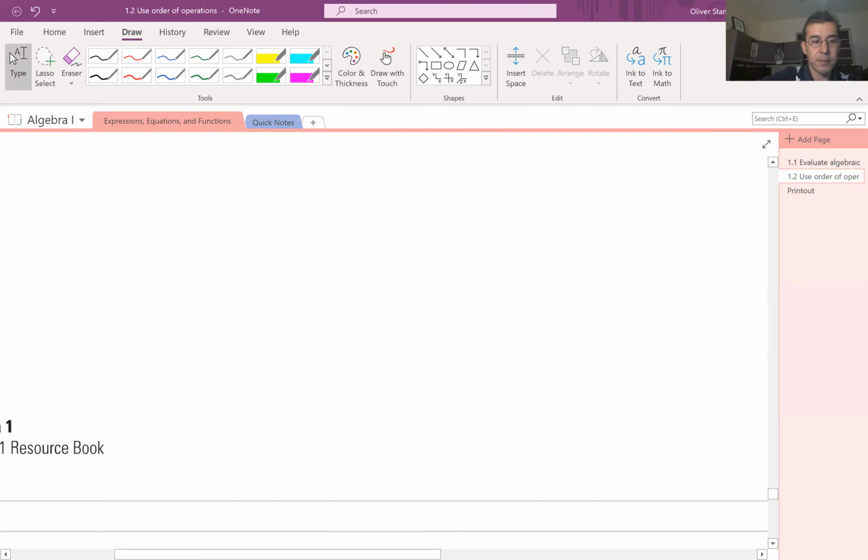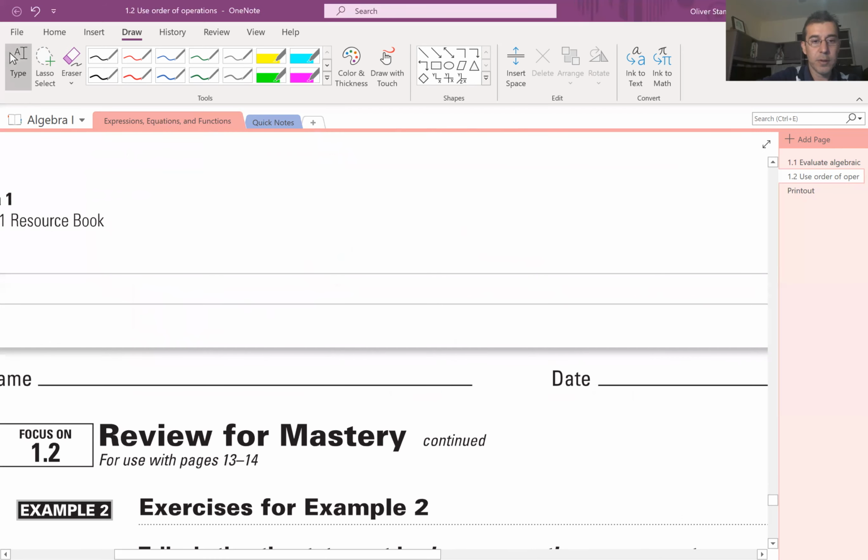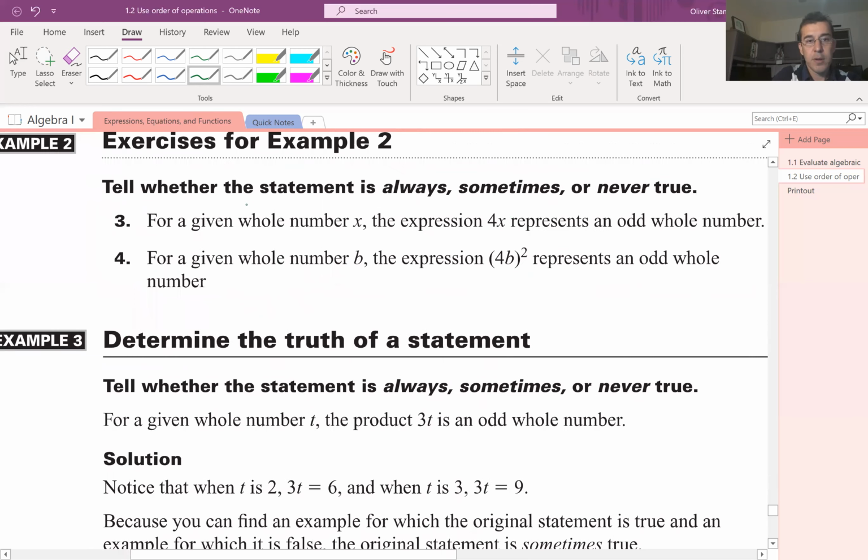And we have a few more problems. For number 3, for a given whole number x, the expression 4x represents an odd whole number. That's right. So if x is 1, 4 times 1 is 4. If x is 2, 4 times 2 is 8. So it's always an even number. Odd, never, right? So it's never an odd number. For number 4,